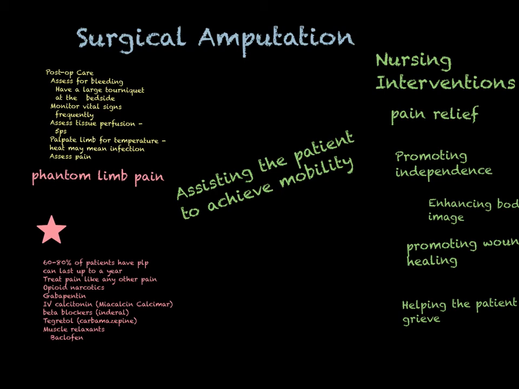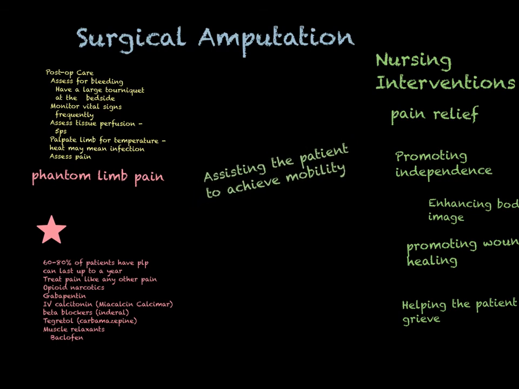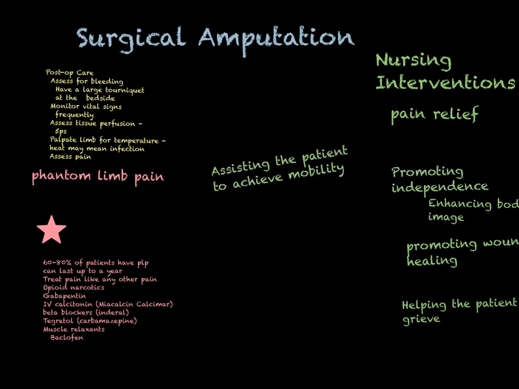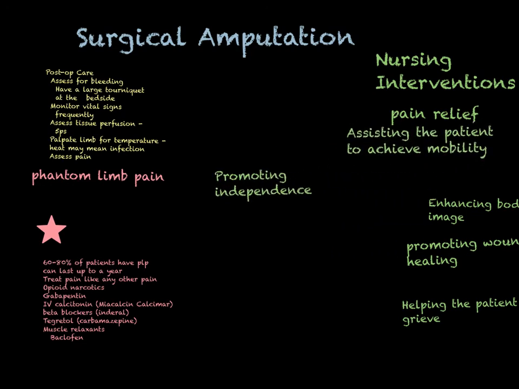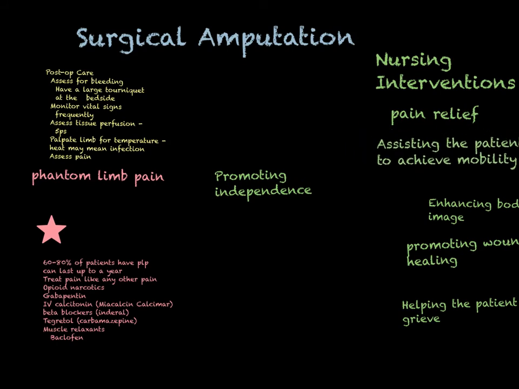So assisting the patient to achieve mobility is one of your main goals. And for your interventions, of course, it's early out of bed with assistance, assisting the patient with devices, helping them with their prosthesis. And a lot of these things are going to be collaborative interventions that you see with PT and OT. Also, because walking with a prosthesis is a little bit more complicated, you're going to really make sure that environment is free of clutter and spills. It can be very frustrating to people to learn to use this and then be constantly falling, so you really want to be careful of that.